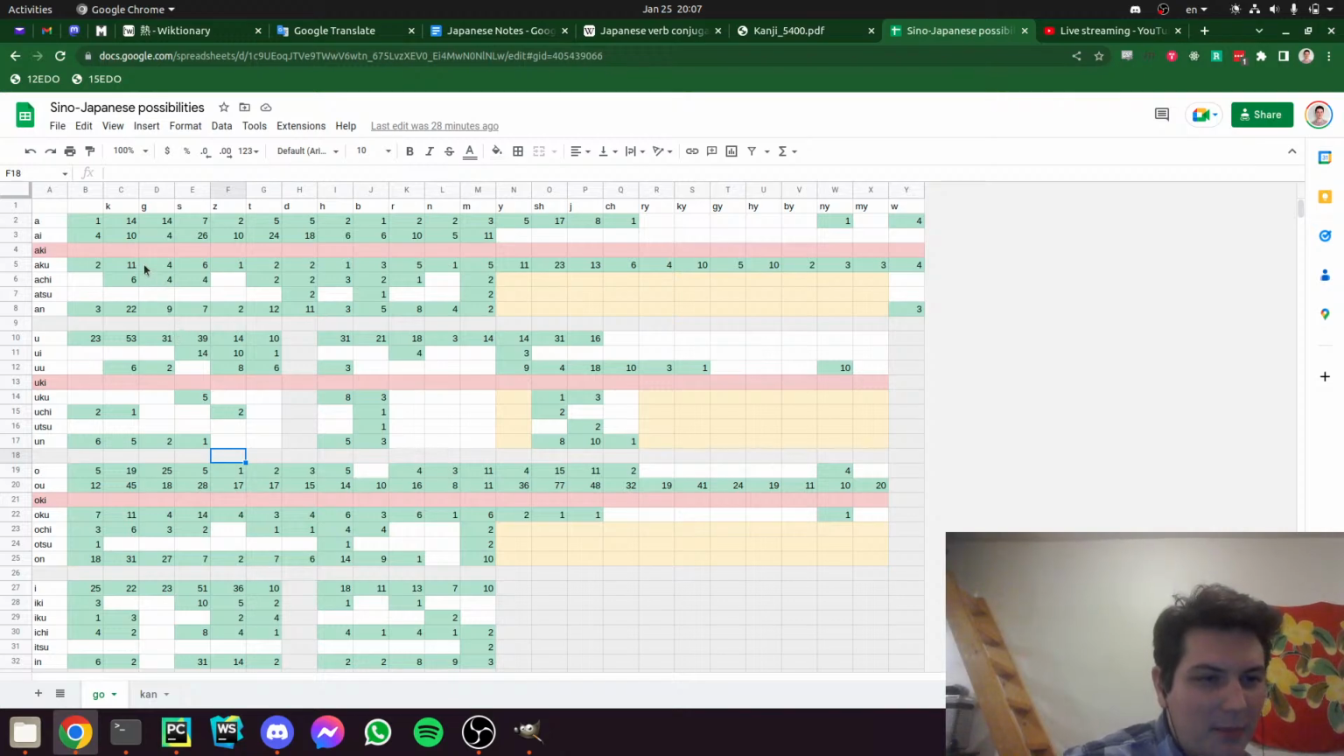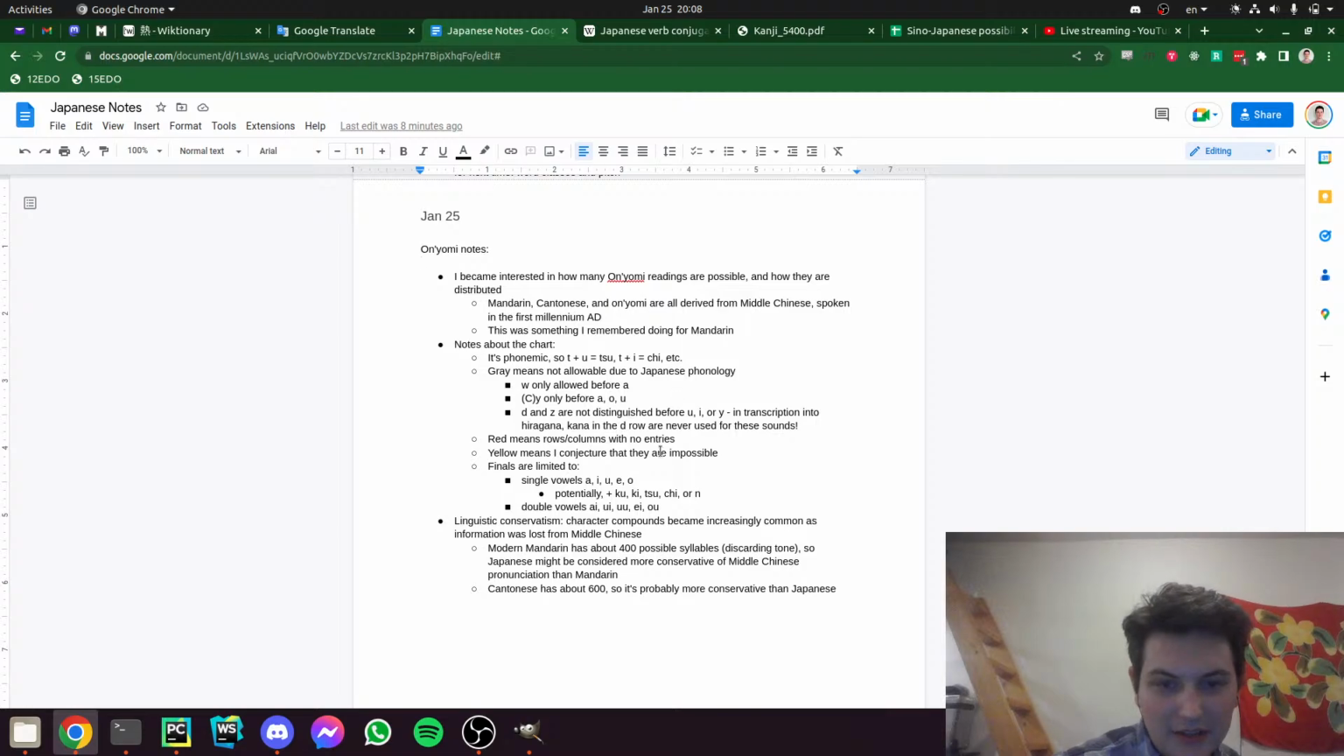As for the possible finals, I already talked about what the consonants are in Japanese and how consonants can be combined with an extra Y, so you get combinations like kya, rya, sha, etc. As for what constitutes the possible finals, there are obviously the 5 single vowels,